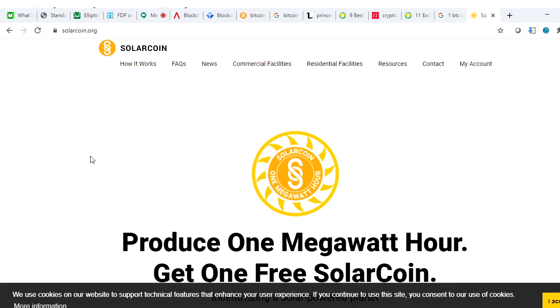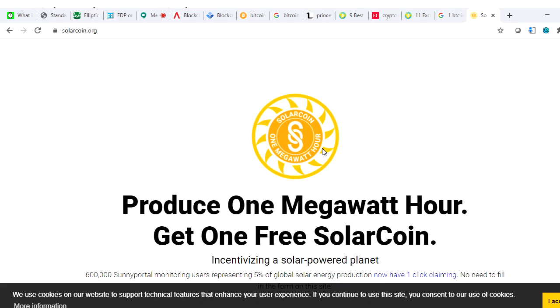That means one solar coin is equal to 1 MWh. It is just like your electricity bill. You may pay in terms of rupees here, but this company uses solar coin as the cryptocurrency. Whatever units you purchase or spend, the payment should be in terms of solar coins only. That means you may spend solar coins and purchase units, maybe prepaid or postpaid. For example, you may spend some solar coins and purchase around 100 units per month.